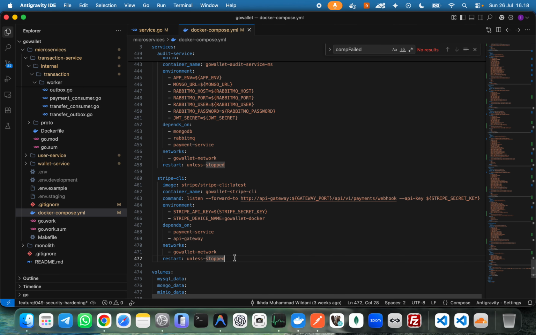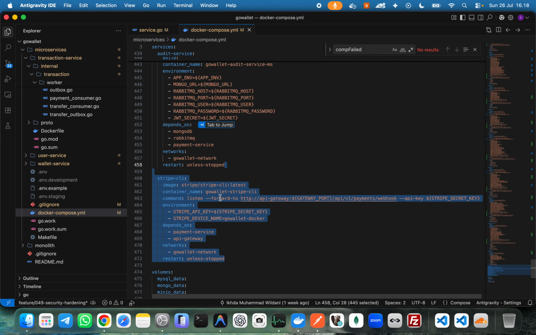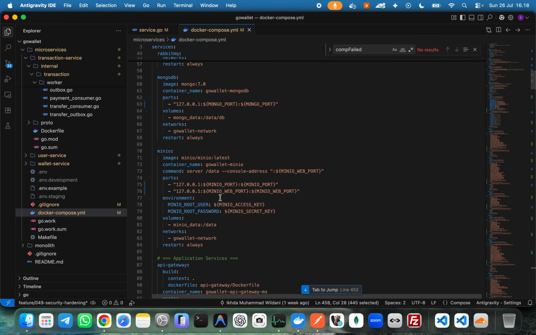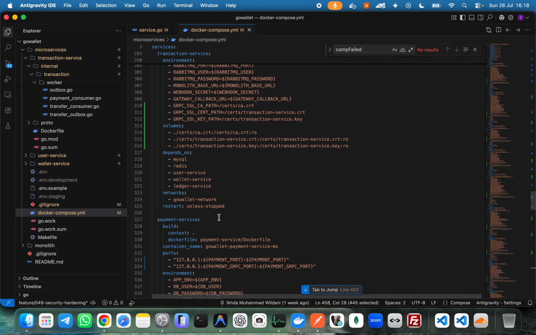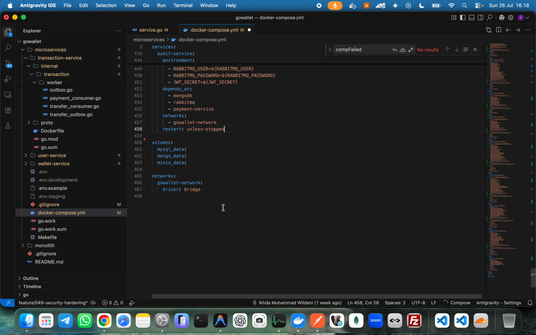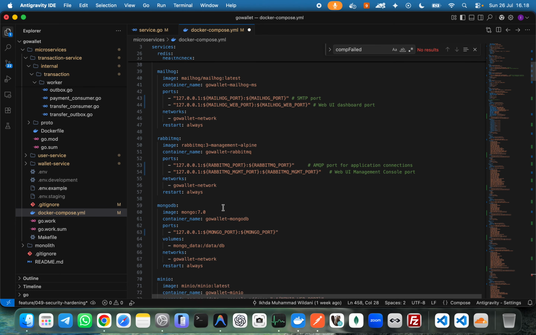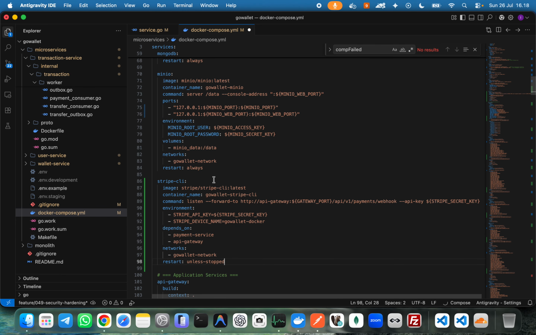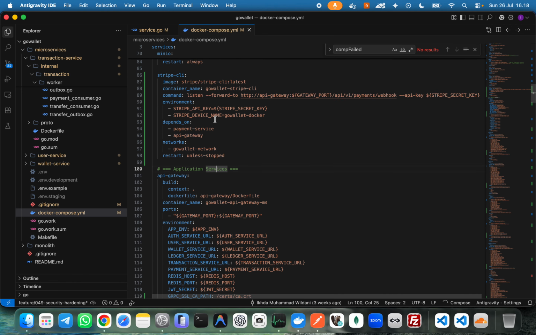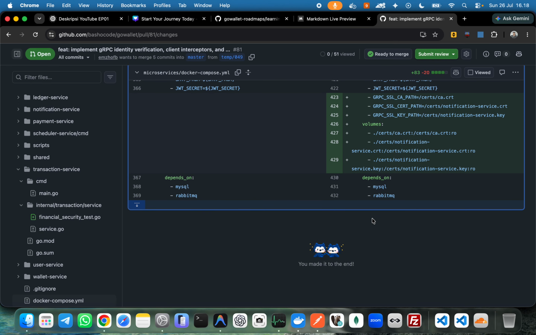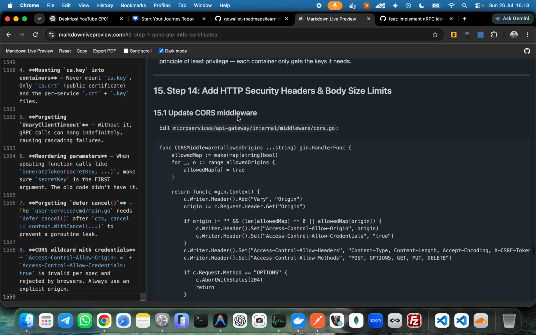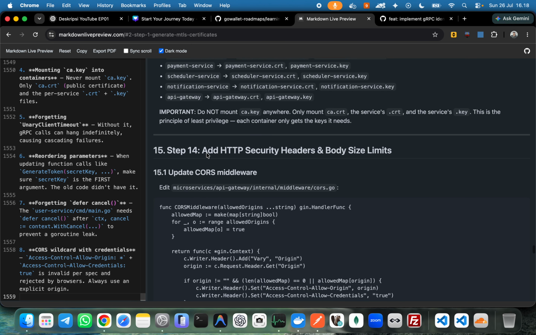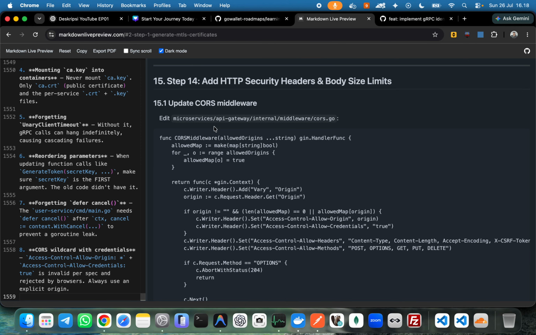Yeah, infrastructure would be better inside this one. I think infrastructure. I will move infrastructure to the top, yeah, here. Sorry, because this is not an application service, but it's infrastructure, I think. So we also have to mount the certificate, so we move to another step, which is HTTP security headers and body size limit